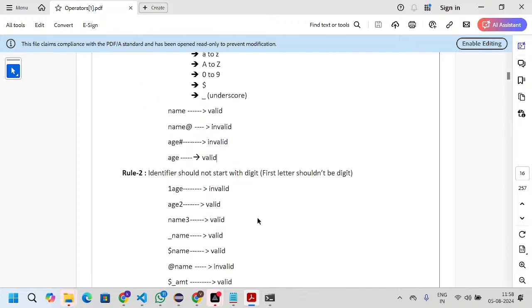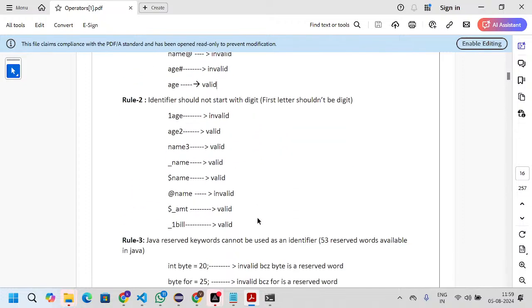Next, the second rule: an identifier should not start with a number. It should not start with a digit. If I write a variable name starting with a digit, this is an invalid combination. You can write it like this: first a group of characters, and then the digit.